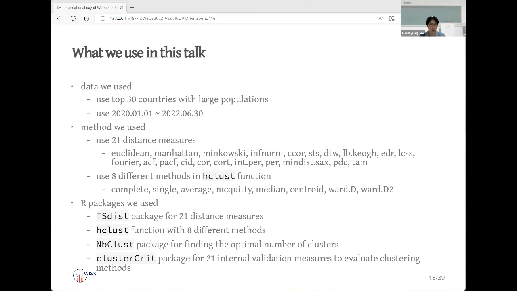We use 21 measures like this and tried 8 different methods in the hclust function. We use a couple of R packages: TSdist for distance calculation, the hclust function for clustering, NbClust for finding the optimal number of clusters, and the clusterCrit package for calculating internal validation measures to evaluate the clustering method.